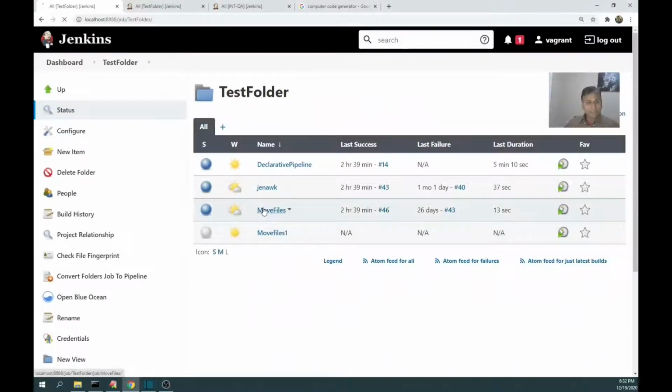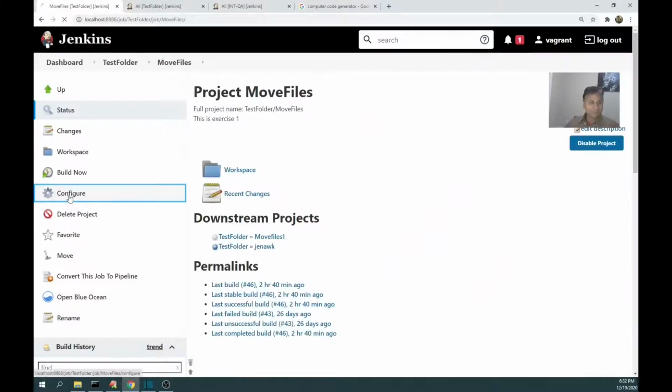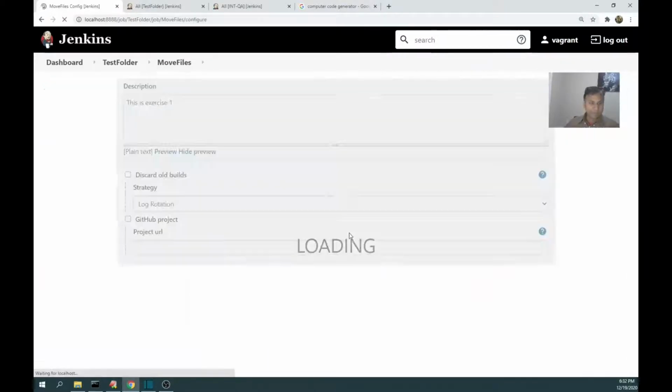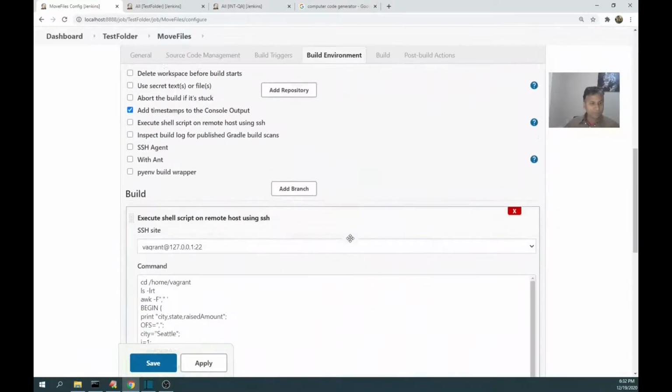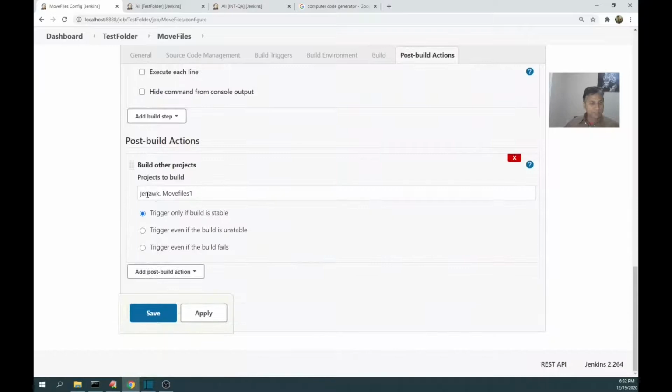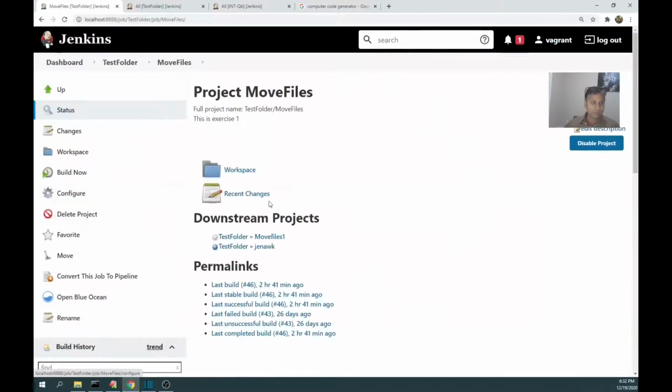First, let's see how we are going to call the jobs sequentially without using a pipeline. In this move files configuration, in Build other projects, I am going to give this gen awk and move files 1. That's it. There is no pipe, nothing. I am just going to call this move files. Let's see what's going to happen. I'm building it now.